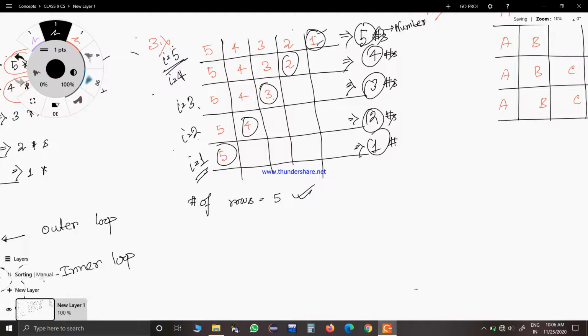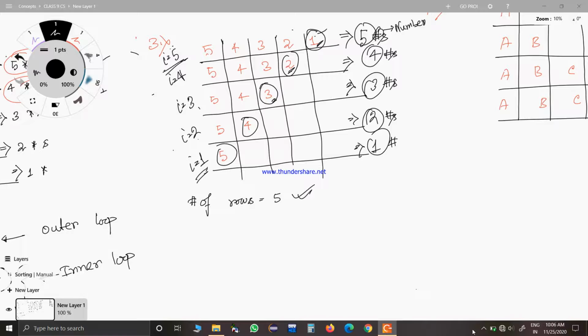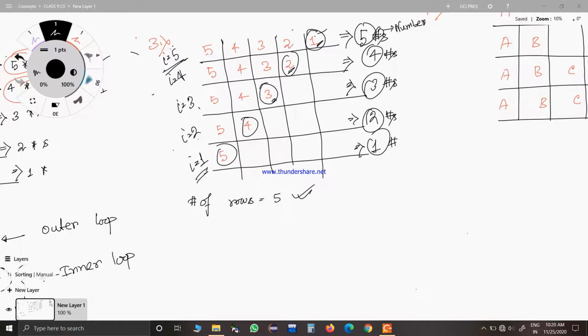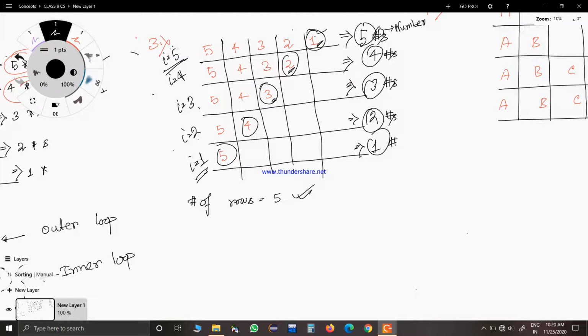You see the ending numbers: 1 is there, 2 is there, 3 is there. Although we have found the relation between the value of i and the number of elements in each row, the relation between the value of i and the ending number for each row is not yet direct.